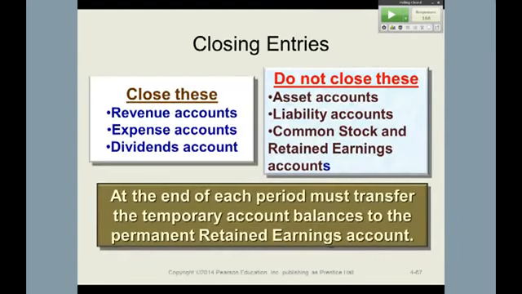Now, by summary, those are the accounts. Again, this is the summary slide. At the end of each period, whether it's 6 months, a month, or a year, those 3 accounts will have to be closed out. Now, these are not the only temporary accounts we have. We're going to have another temporary account in just a minute, which is known as the income summary.